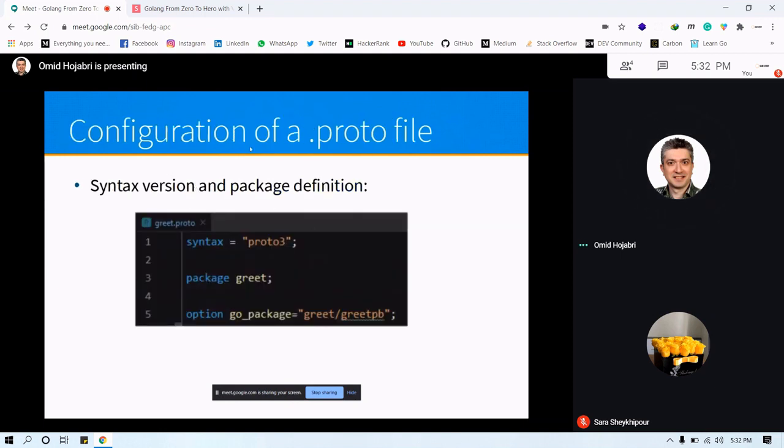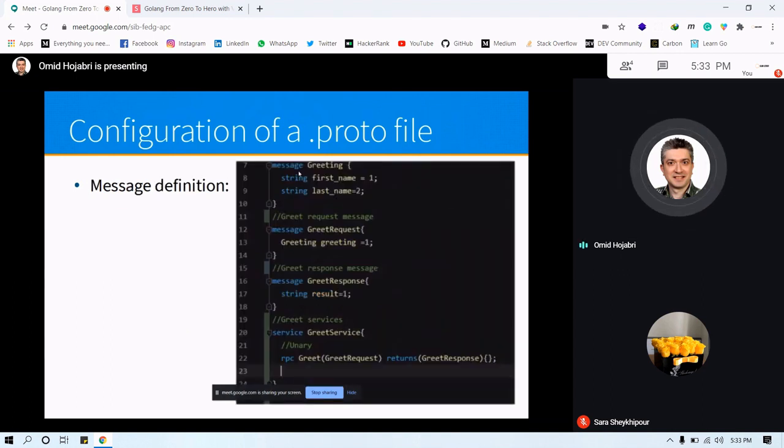To configure your .proto file, first you should indicate your syntax, which is now proto3. Proto3 is the latest version of protocol buffers. And then you should specify your package, and include this option: go_package equals, for example here, greet/greetpb. Next, you should